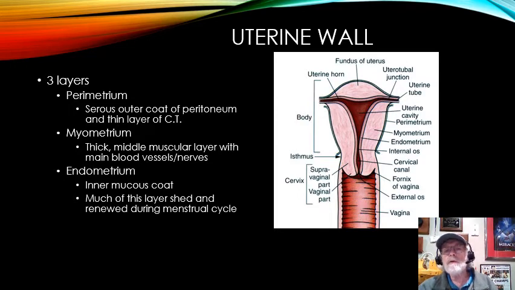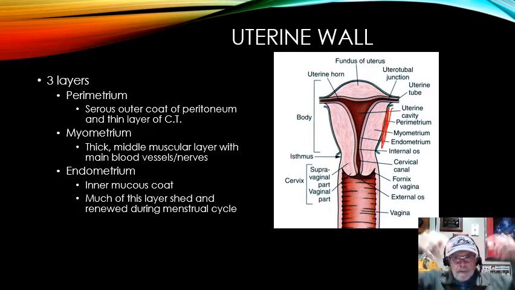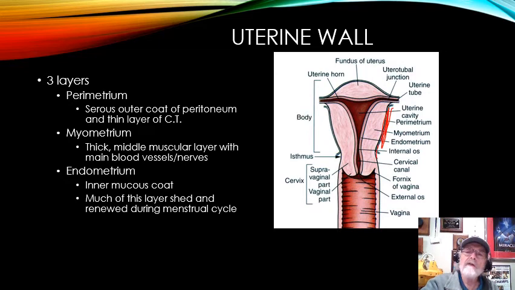Okay, when we look at the uterine wall, it's 3 layers. There's 3 specific layers of the uterine wall. The outside layer here is called the perimetrium. Peri means around, and basically what it is, it's the peritoneum. That peritoneum covers over the dorsal, the top portion of the uterus. The bottom portion is right against it. The peritoneum tucks in a little bit between the bladder and the uterus, but that outer membrane we find on the outside of the uterus, the perimetrium, is actually peritoneum that covers the outside.